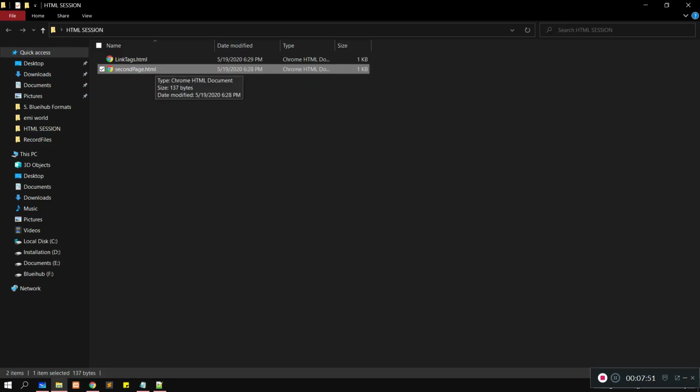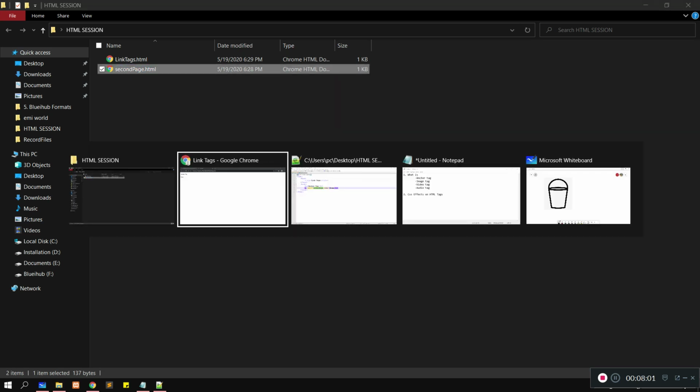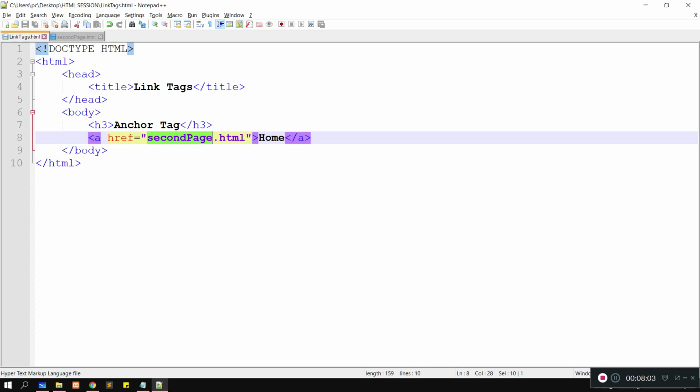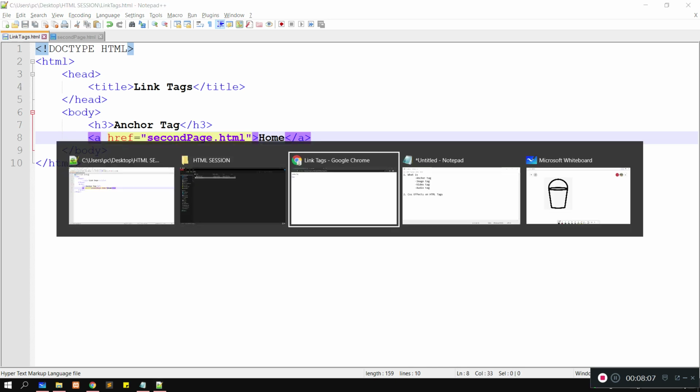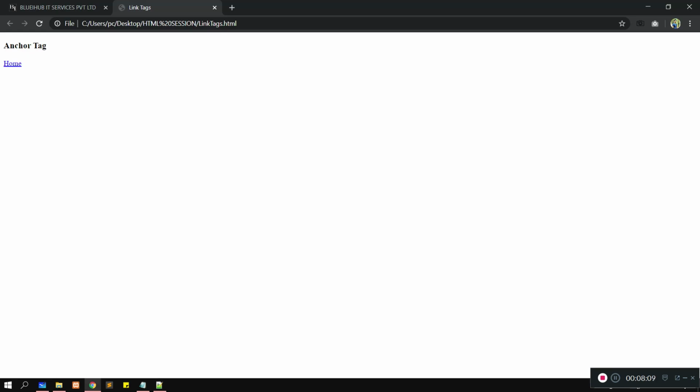Not even a single mistake you have to make. Everything should be the same. Just copy its name and paste it in this anchor tag. Now run this file. If we click here, see, we got our second page.